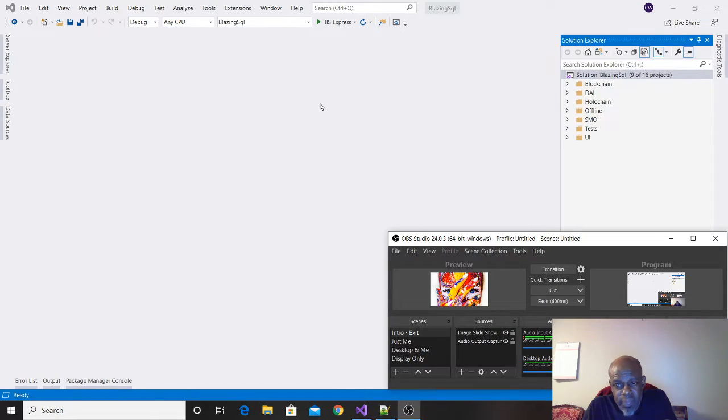About 80 to 90% of my application is all C#. There's a little bit of JavaScript sprinkled in there for the UI, and a whole lot of CSS. As long as you're familiar with CSS, and if you've built Razor pages, this is pretty much the same thing. You just have to think differently about how this is implemented. But it's basically Razor pages. If you like the Razor page syntax, you'll feel right at home.